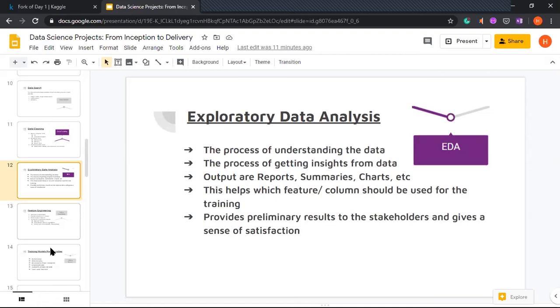So you can show these exploratory data analysis summaries and charts to them, and bi-weekly or monthly, whenever you go and meet them, you'll show something else. Okay, so you can say that wow, we found that in December we get more sales. This could be a basic analysis report to them. For you it's very simple, but for them it's something that they understand, and they understand that you are working.